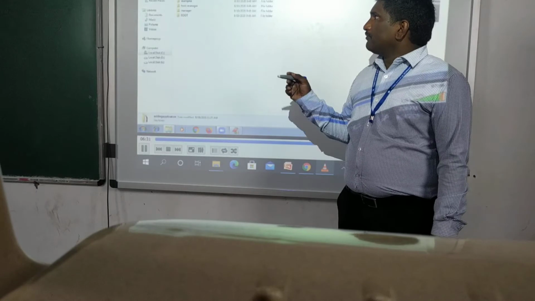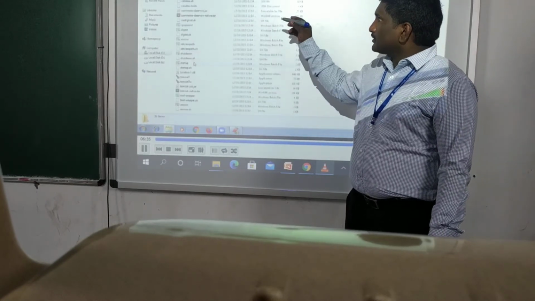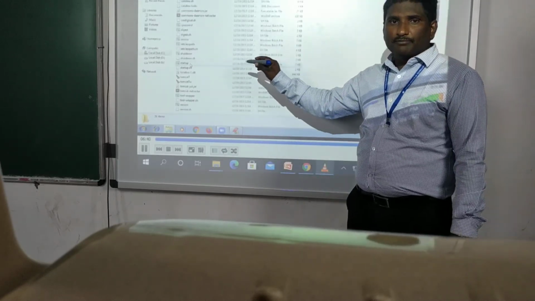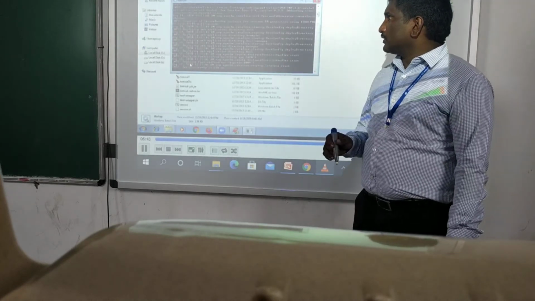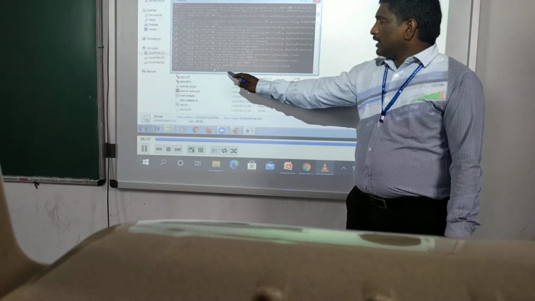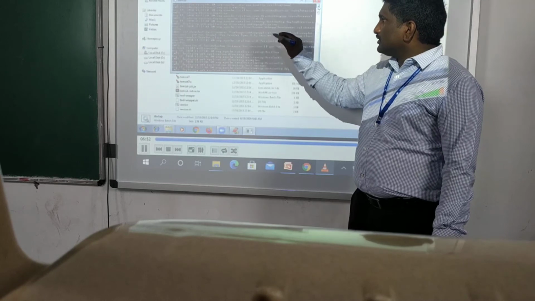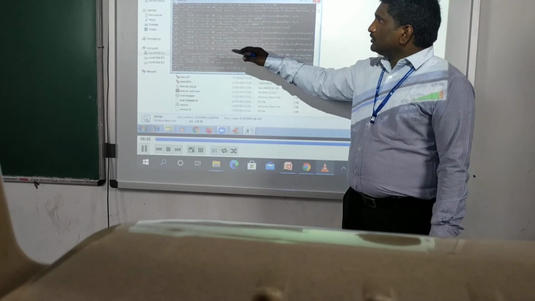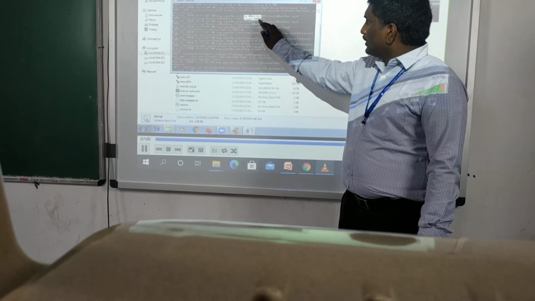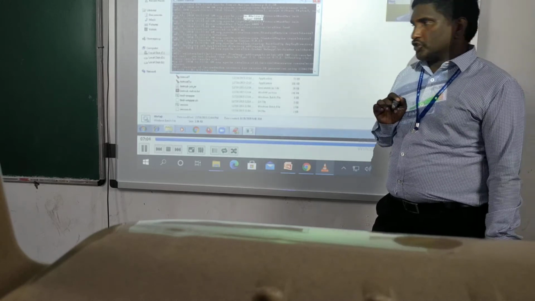So after pasting the adding application, we need to start the server. In the server, go to bin, where the startup batch file is. Click on that startup batch file, then the server will start. It shows how many milliseconds it takes to start the server. Here the port number used in this server is 9090. I showed the port number 9090 here. That port number you should write in the URL format.